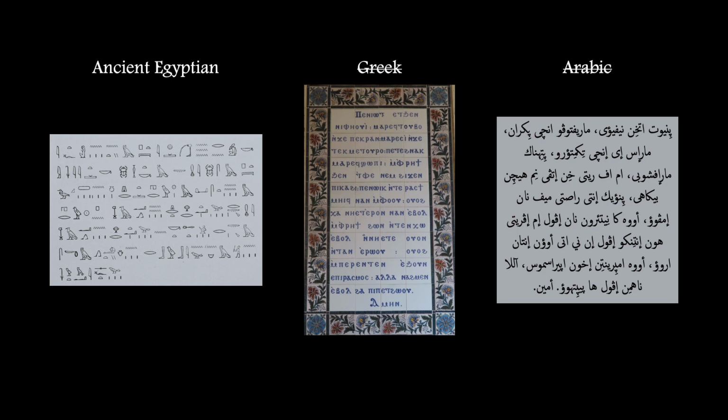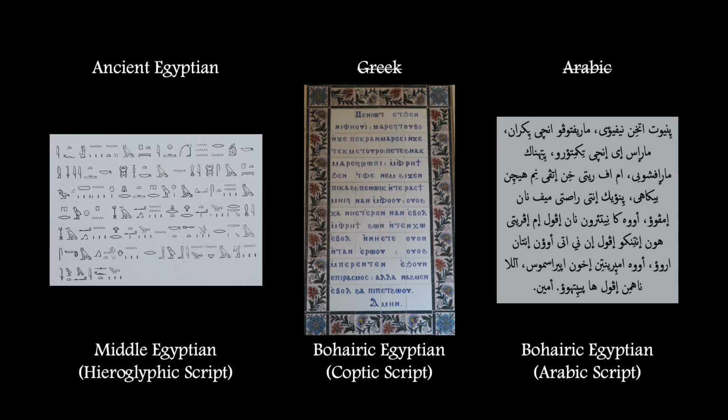If I were to ask you to identify the language written in each of these three images, what would your answer be? Most likely, you would say that the first one is obviously ancient Egyptian, the next one looks like Greek, and the third is definitely Arabic. At first glance, that may be the reasonable answer, but in actuality, all of these are the same Egyptian text